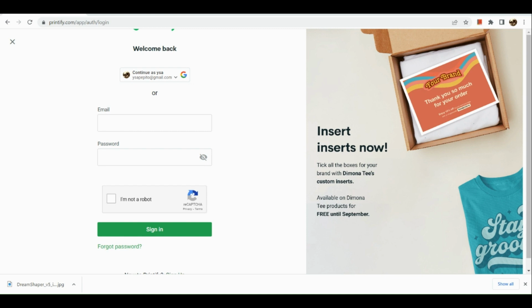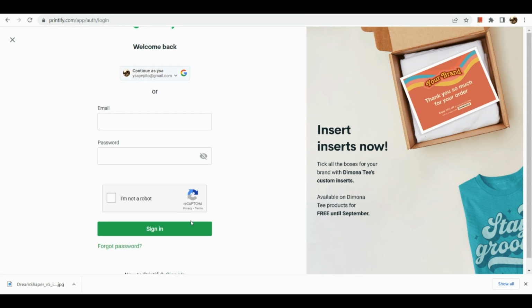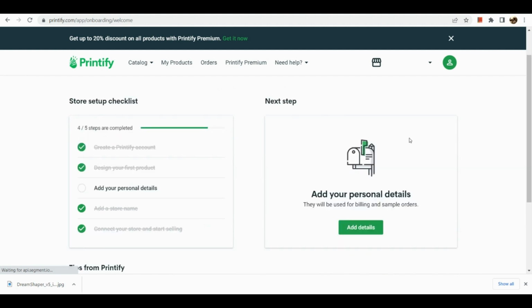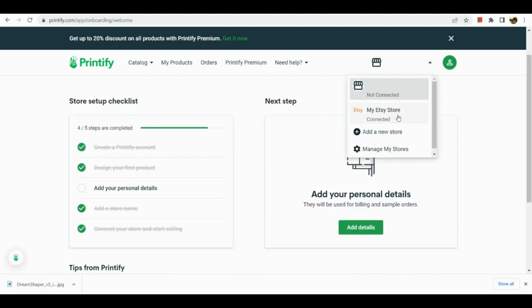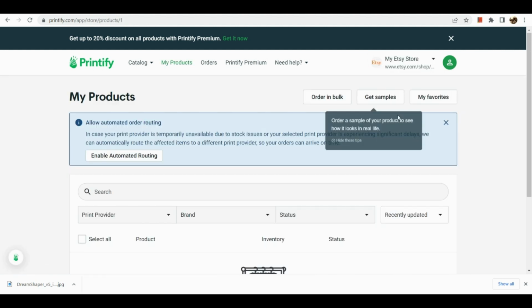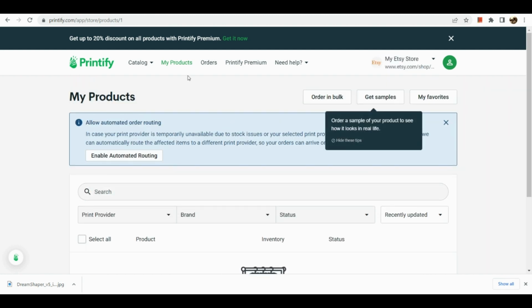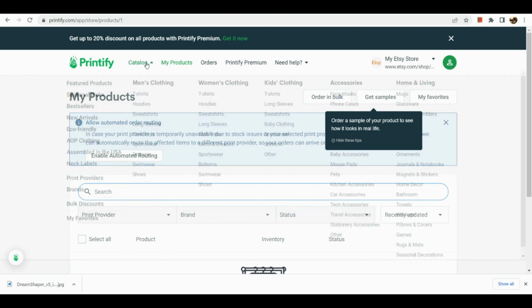And with that being said, here in Printify, you just also need to make sure that you have linked your Printify to your Etsy account right there. Okay? So now I am already connected to my Etsy store. What I'm going to do is go to the catalog section of my Printify, and there I will